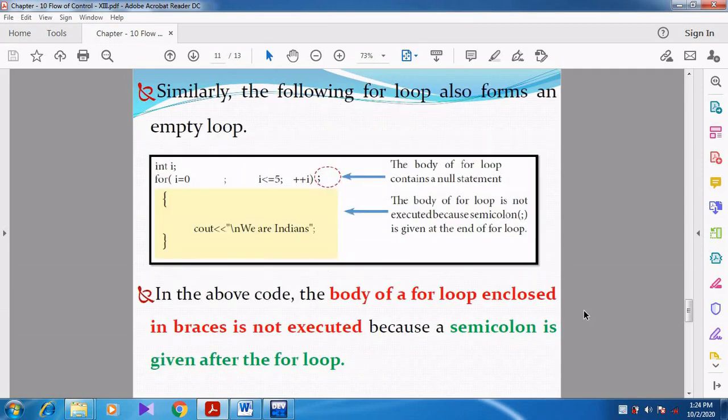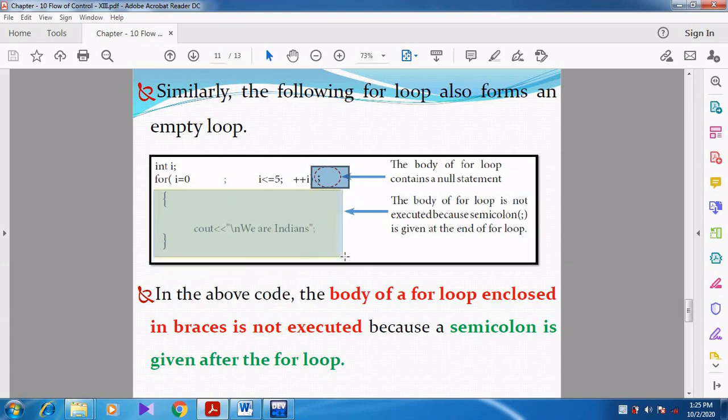Can you understand, students? Similarly, the following for loop also forms an empty loop. I have given some statement, the body of the for loop is given, but it is not executed. Why? The body of the for loop is not executed because a semicolon is given after the for loop. Here you can see the body of the loop is given, but I have given the semicolon at the end of the for loop, so automatically the body is not executed.